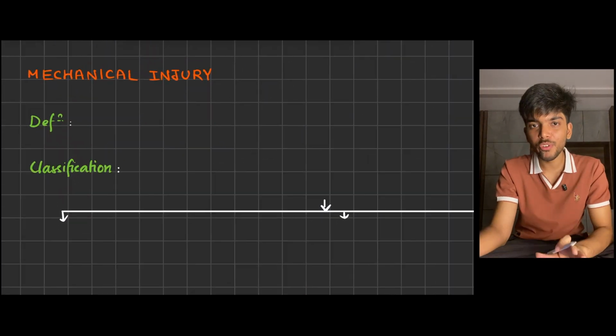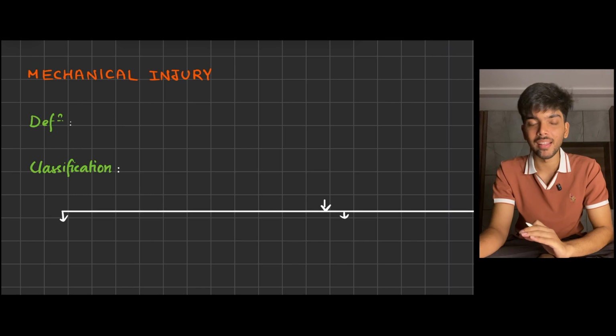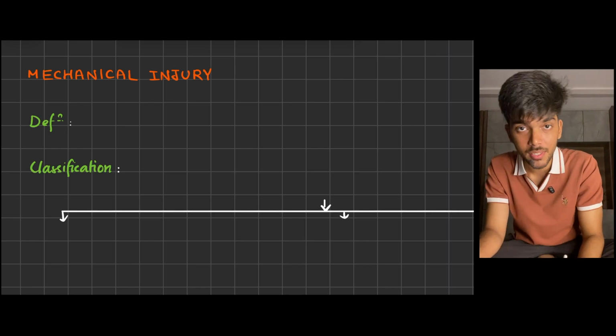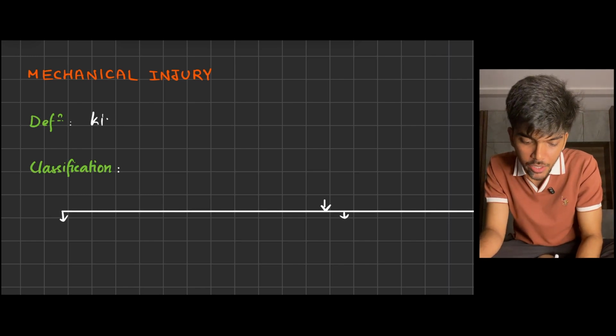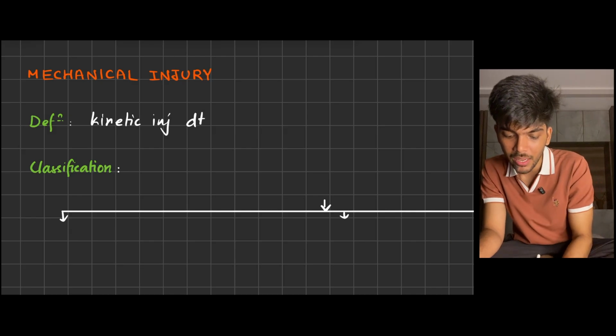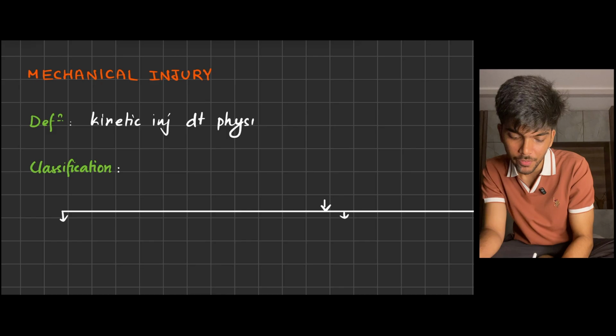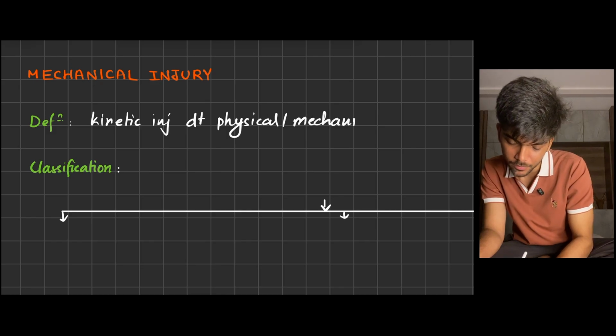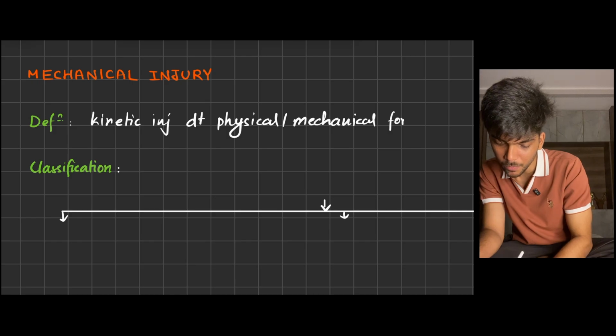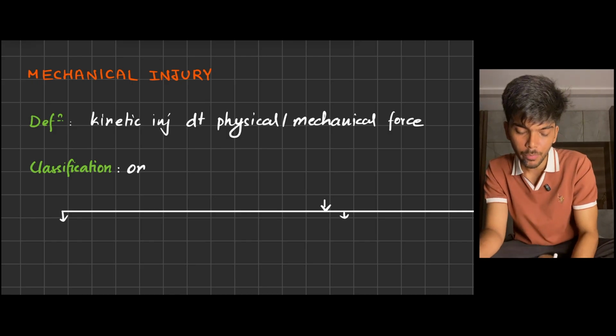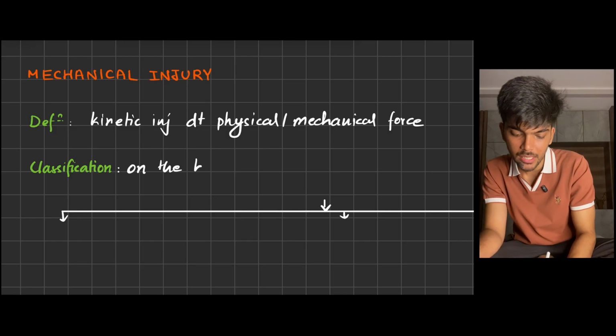Now the topic that you guys have been actually waiting for, and that's mechanical injury. First, definition. Mechanical injury refers to kinetic injury inflicted due to a mechanical force, or a physical force. All right, classification. Mechanical injury is classified on the basis of